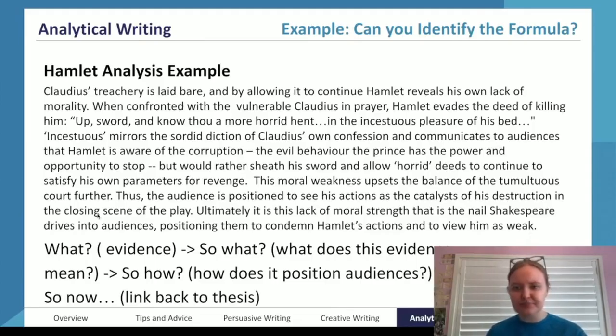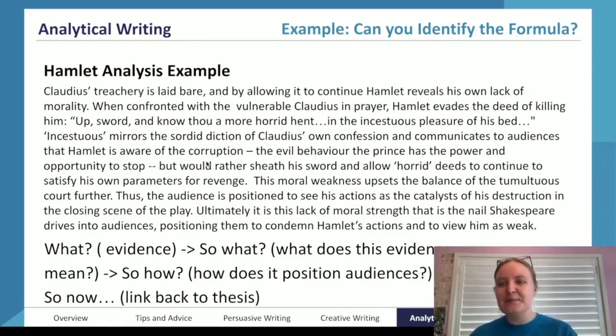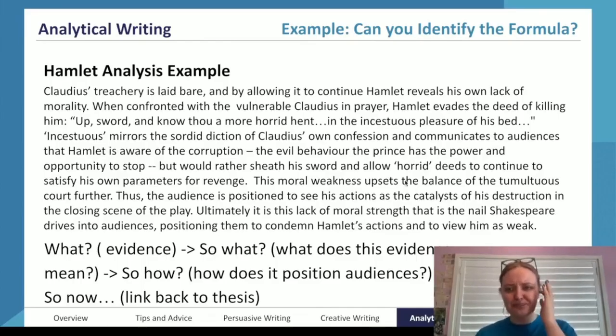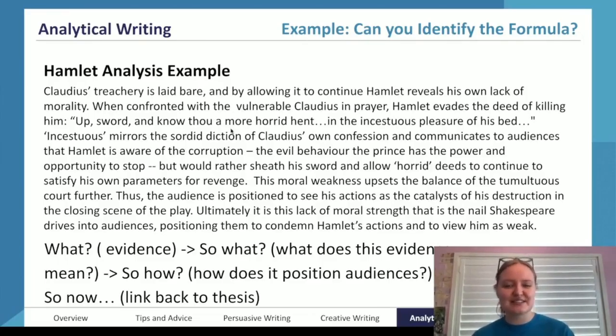So, evidence. Contextualized, here it is, nice and neat in its quotation marks with the ellipses to indicate that sections of the quote have been taken out. That allows you to include all of the elements you want to include without having to take up 6 lines where you're writing out the whole thing and only talking about 2 sections. And then you have your analysis, so pulling out specific elements from the text. You can see that incestuous is explored, as well as horrid. This idea of using particular aesthetic features, this idea of sordid diction. So diction is the aesthetic feature that's explored there.